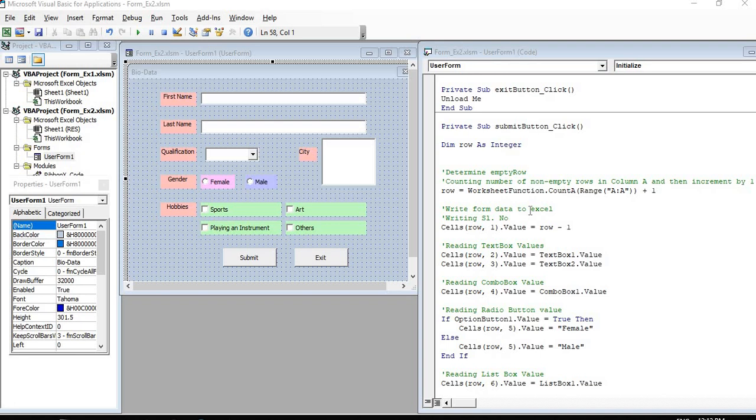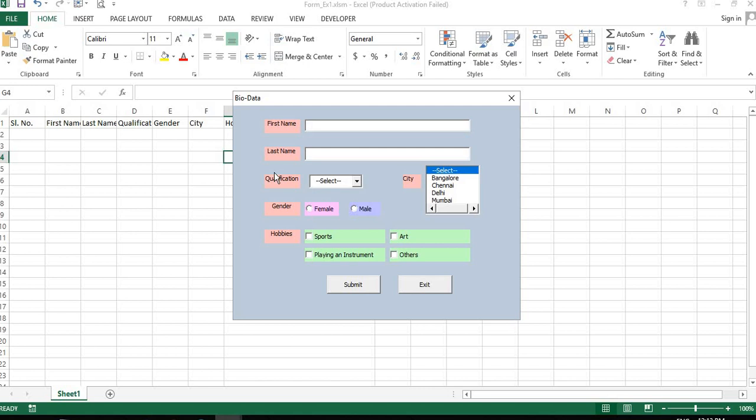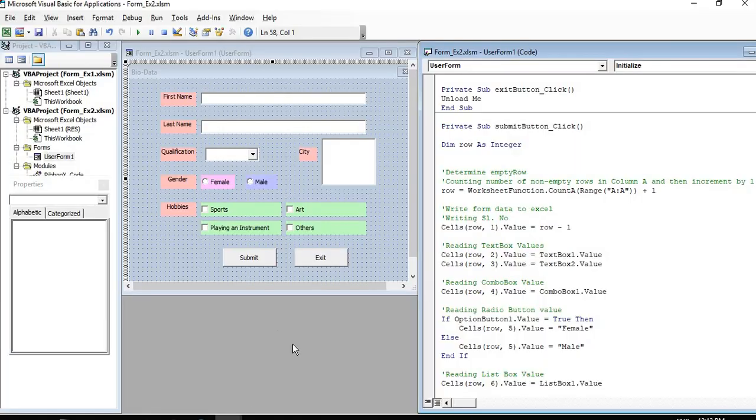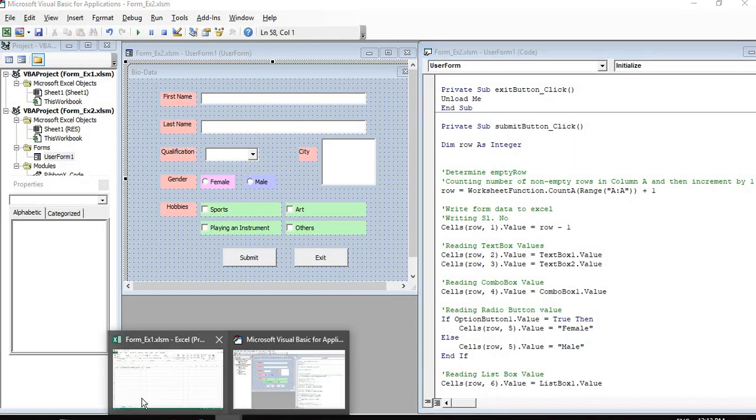Before explaining the code, first let me execute this and show. First let me clear this Excel and show you.